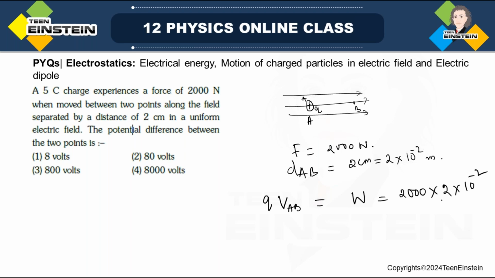So this is actually the work done. Here Q is given, so I can find out VAB is equal to,